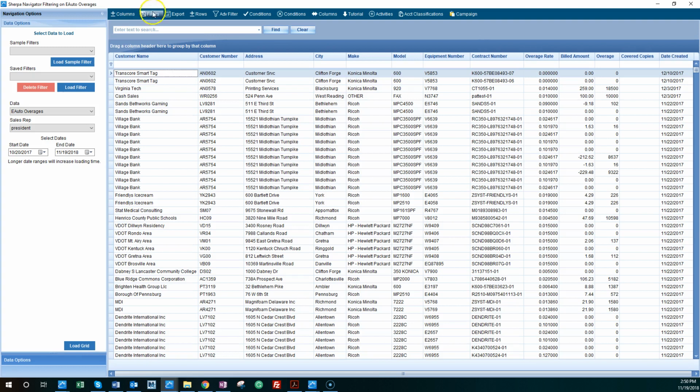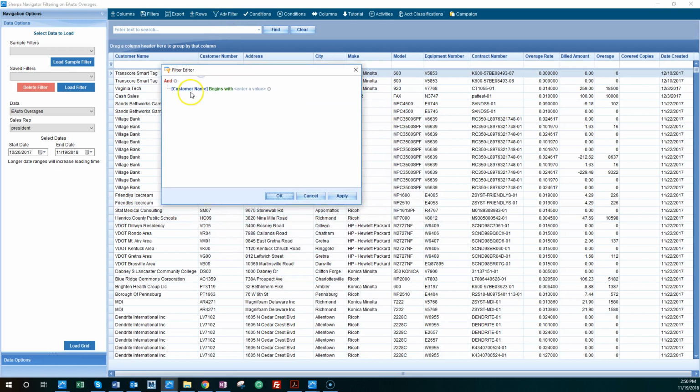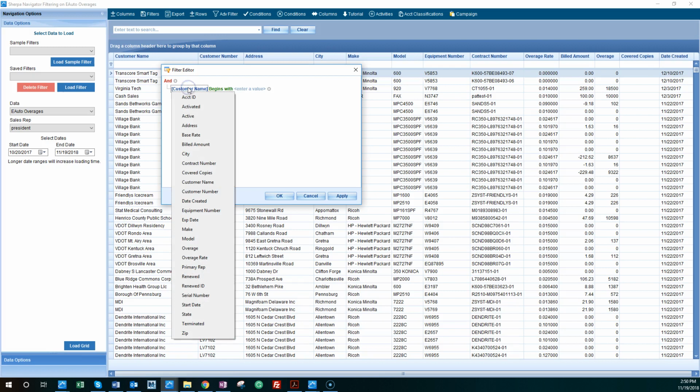Again, we can save filters. We can export this to an Excel spreadsheet if we want, but we're going to go ahead and do an advanced filter. Now, what you see within this drop-down also is going to be different dependent upon what filter you're using. So we'll go ahead and say, let's see,